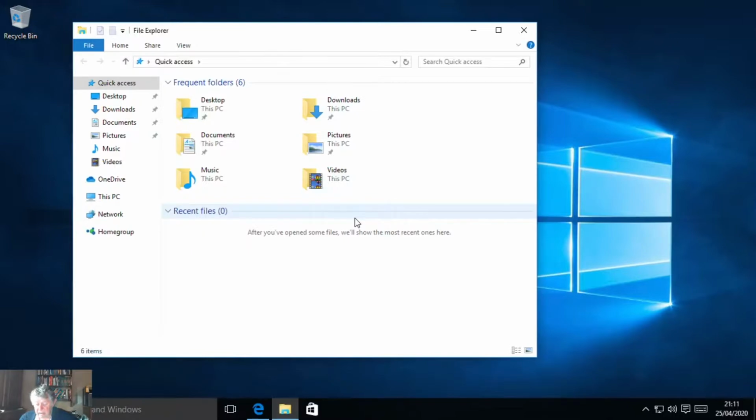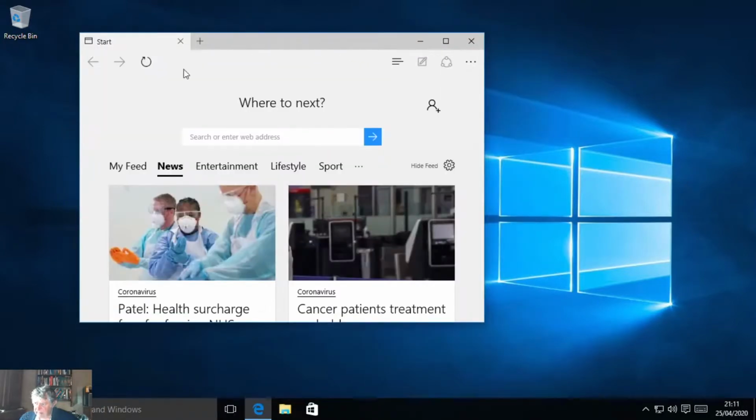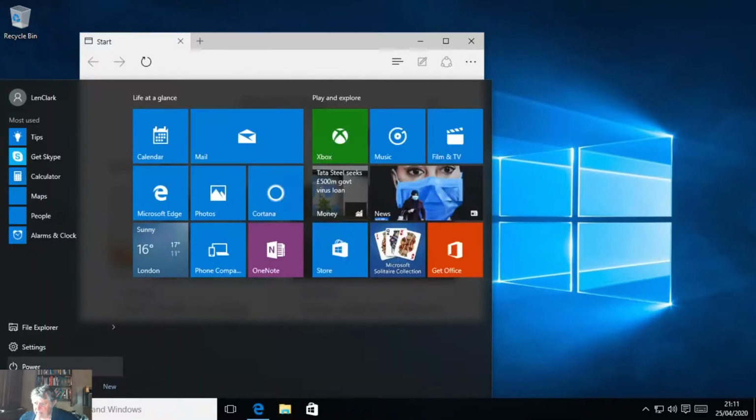Okay. So we've learned how to switch between two windows. Now there's one neat little thing that Windows 10 offers, which is worth showing you. It's not so useful for these, so I'm going to close that one. I'll leave the browser open. What I will do is I will open